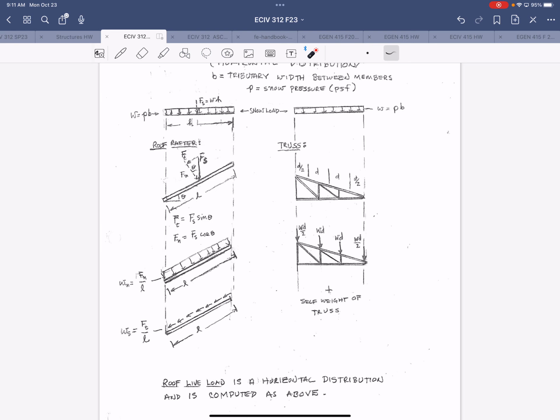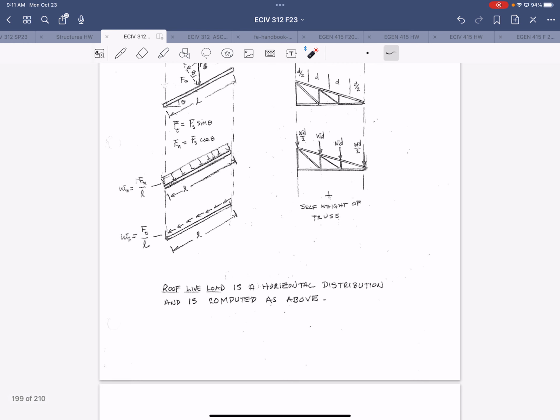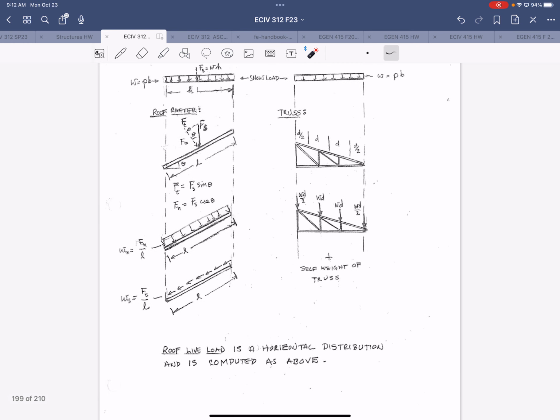In the example that we're going to look at, we're going to focus on a joist example. So here, there was one thing in here that I wanted to correct, and I have to look at my notes to remember what it was. Give me one moment here. Thought I had it. So that was